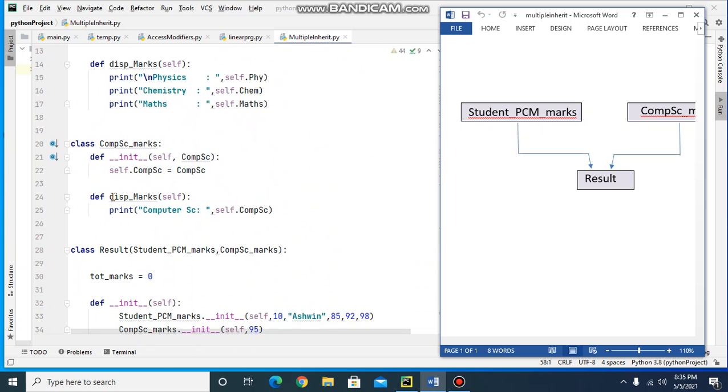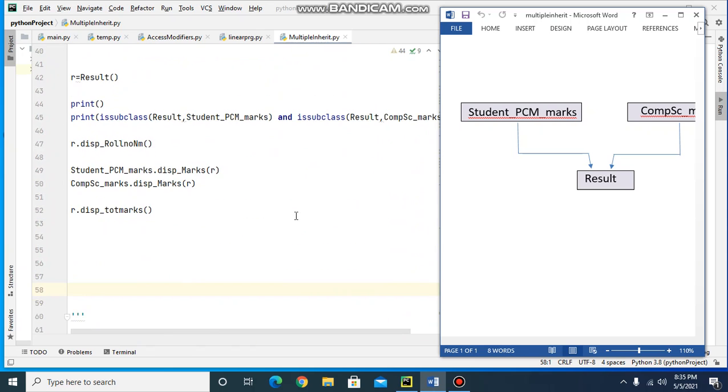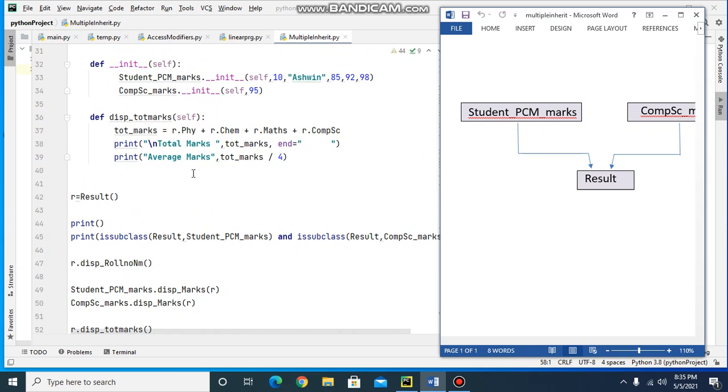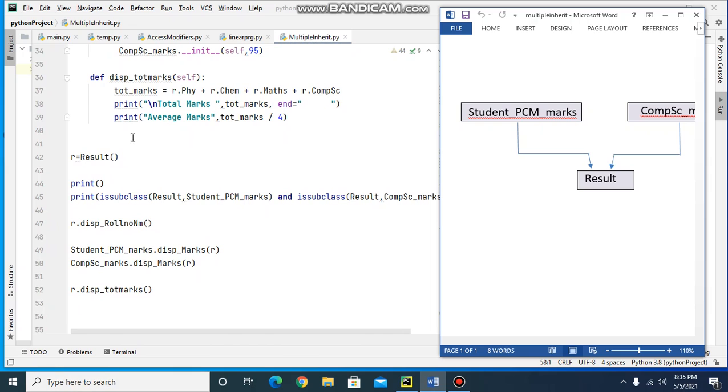So it will display the marks of computer science. Then using the object R, I am calling the method display total marks.